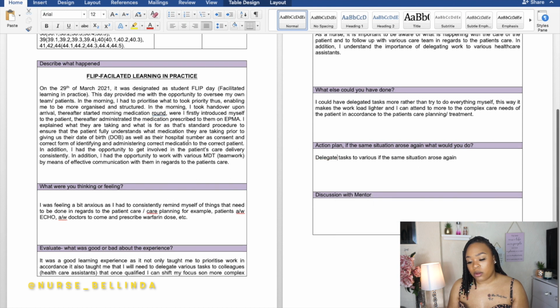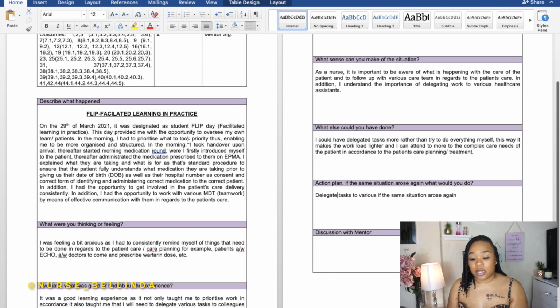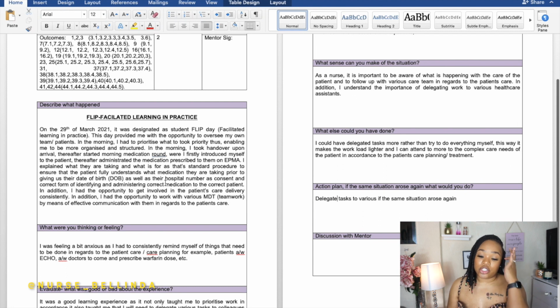Okay, can you guys see how many learning outcomes I have included for this reflection? Quite a number of learning outcomes just from that small reflection. So on this specific day, I had a flip day. A flip day stands for facilitated learning in practice. So basically what they do is they assign you your own patients and you are in charge of those patients